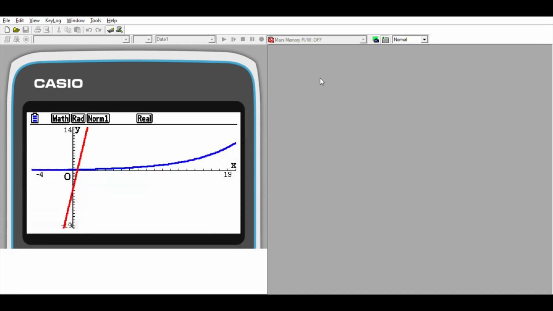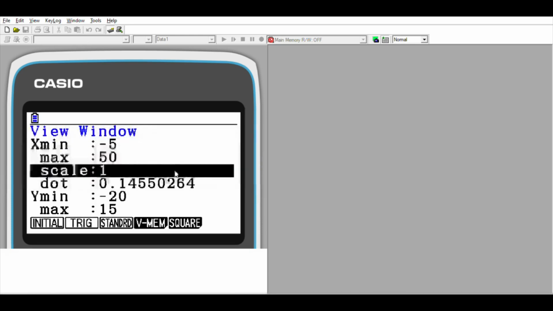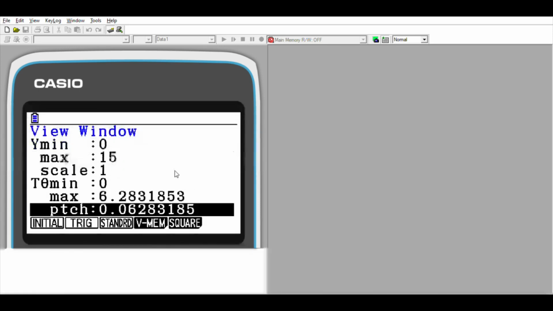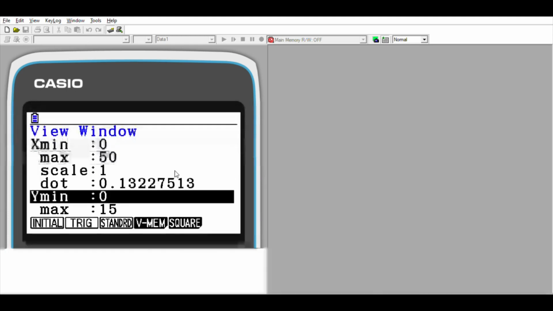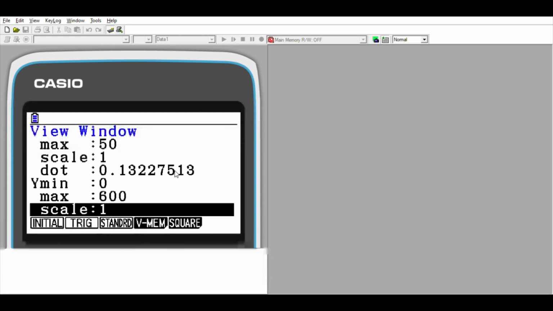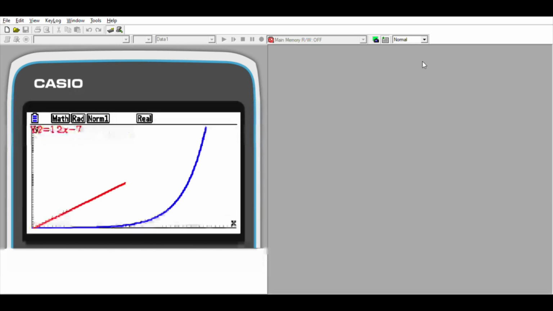So we're going to go to Shift V Windows, and maybe we can plug in max. We can put x from 0 to 50, for example. Scale 1, it's fine. And for y, it should be 0, and x should also be 0, because we cannot talk about negative numbers of n. And the maximum value, we could write as 600. You can try this by plugging in any values. It could be scale 10 to make it a little bit smaller. Then exit and draw again, F6. And now you see that the blue function exceeds or passes the red function after this intersection point over here,